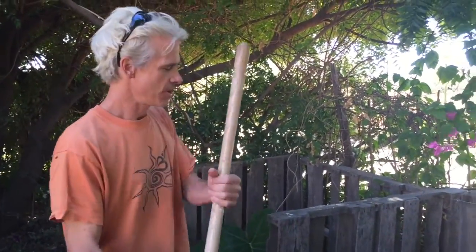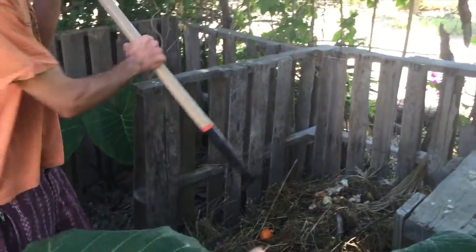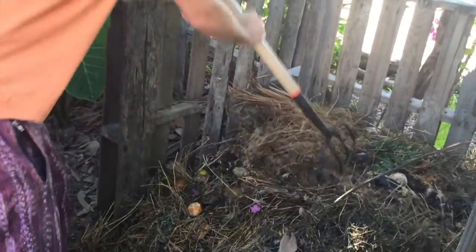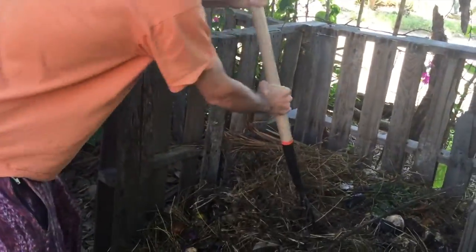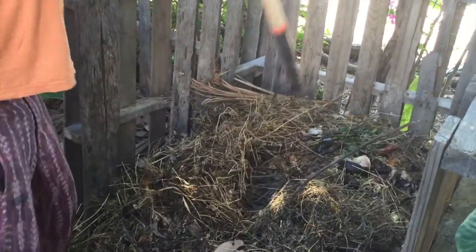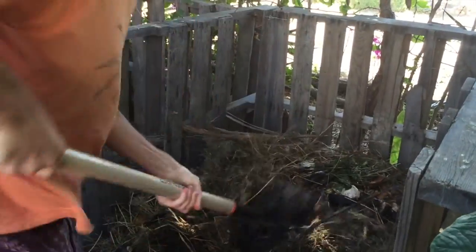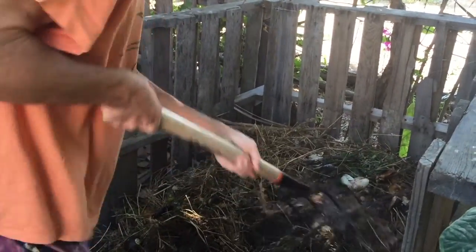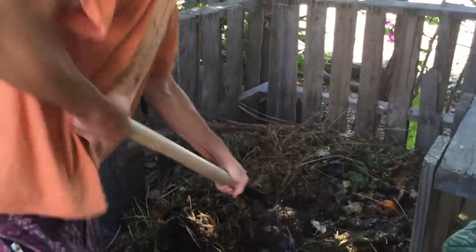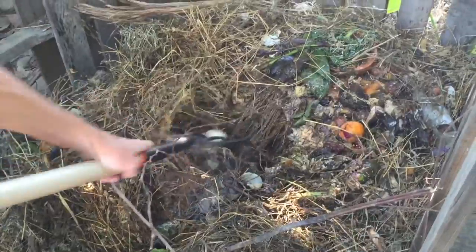and it potentially is going to smell much worse. So basically, you want to mix the stuff, but even if you don't want to turn it, what you can do is create a little bit of a hole. So you just pull out your dry material, and you're getting a hole where you can set the next load of compost. So here we've got a nice little hole,